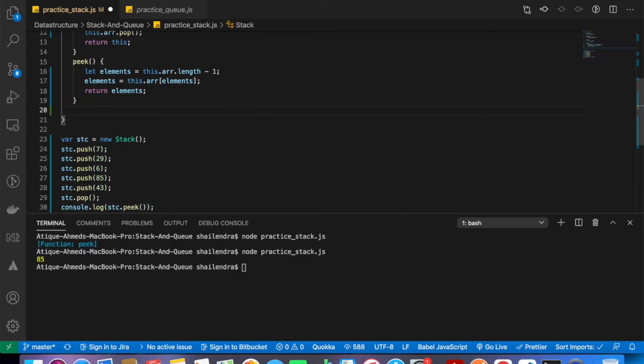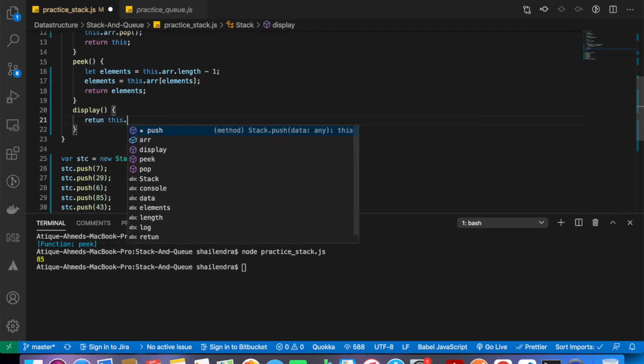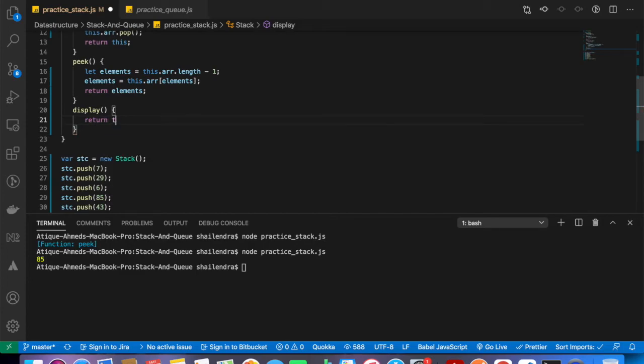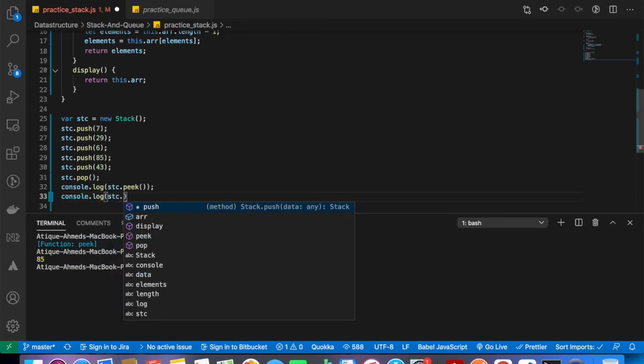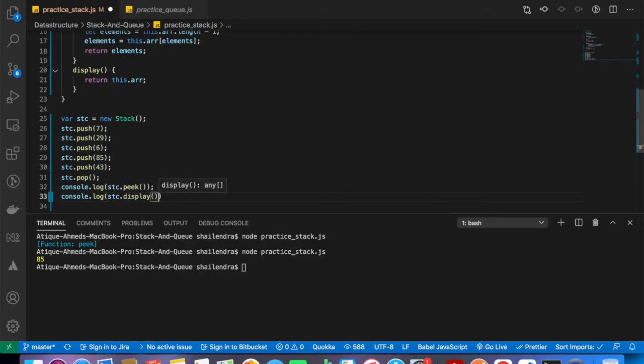So let's create a method called display, which basically is used to return this.arr, and let's print the display method as well.